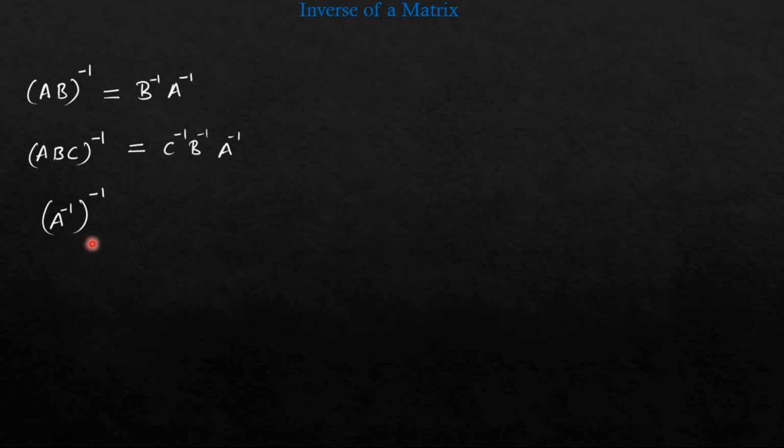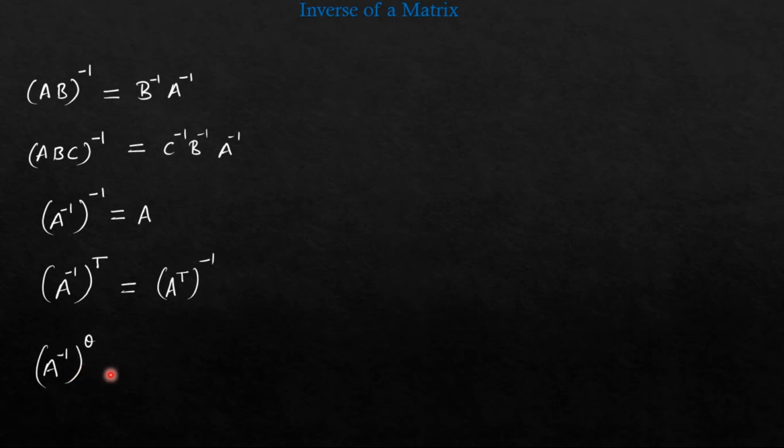Now what about if you take double inverse? You will get the original matrix A. If you take inverse twice, you will get the original matrix A. What about transpose of A inverse? It is also equal to (A transpose) inverse. Okay, both operations are interchangeable. Either first you take transpose then take inverse, or first take inverse then transpose. Both will result in the same thing. In the same way, for the transpose conjugate, (A inverse) theta is also equal to (A theta) inverse. Either first you take transpose conjugate then inverse, or first take inverse then transpose conjugate. Both will result in the same thing.